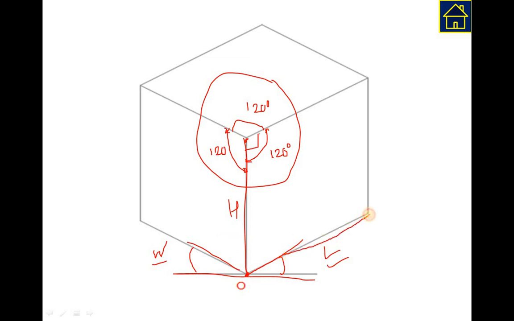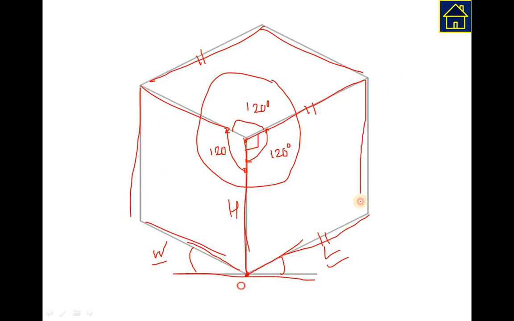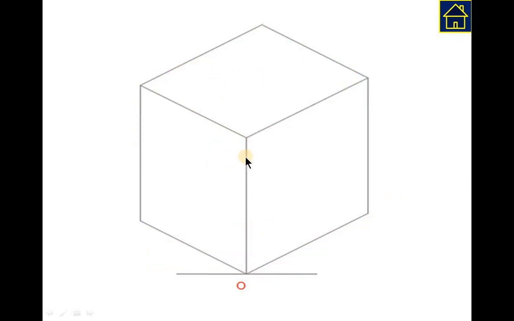Like here it is a length, and this is another parallel line to the length, and this one is the last one. So three parallel lines which are called as a length. Then similarly width here, here, and here, and then height. So at the middle is one, then this is one, and this is one. Okay, so we'll start drawing object inside this. Now we have the isometric box ready for actual drawing, and before drawing we'll observe the object again, once again.